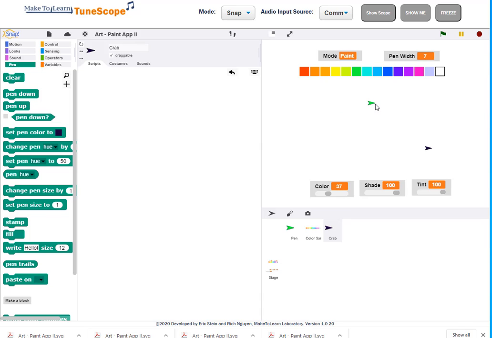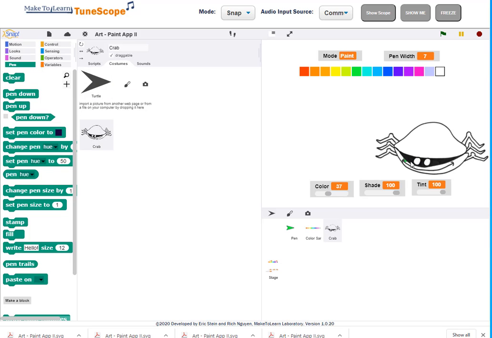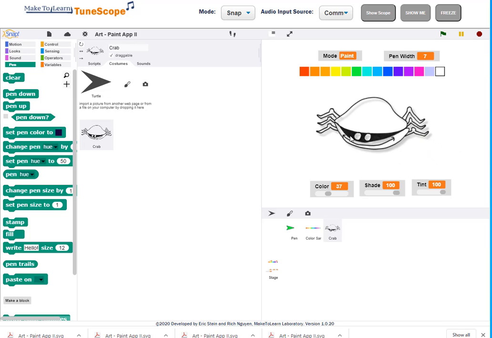I'm going to clear the screen, and we can also use this coloring capability to import a costume. In this case I've imported a crab that I'm going to move over to the center of the screen. Now that I have the crab, I can select an appropriate color and then use that to paint. I'm going to start out with a nice red color,